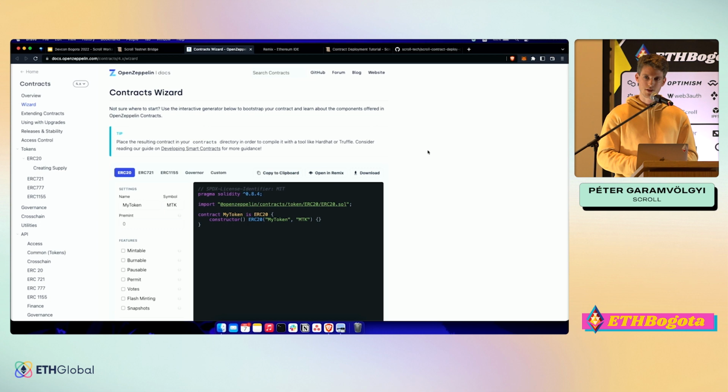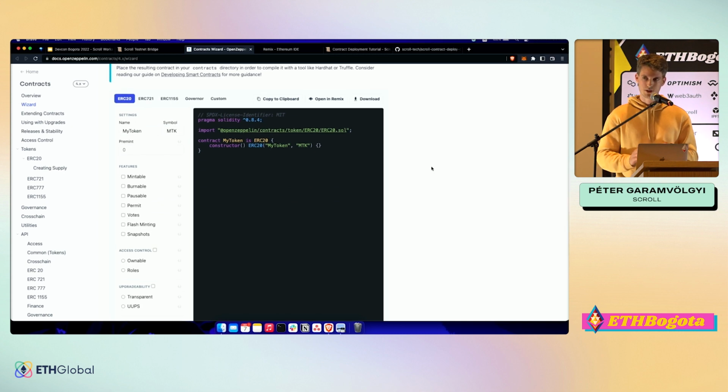And I'm going to use this OpenZeppelin wizard here, which some of you might have seen. This is just a very simple tool for implementing tokens with no coding. You can just choose the features that you want to have. So we want to implement an ERC721 NFT token. And let's say it's a